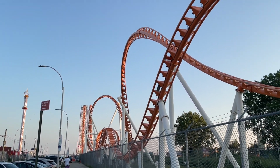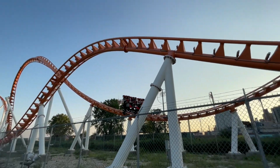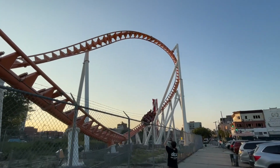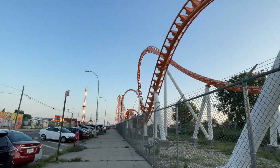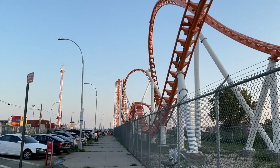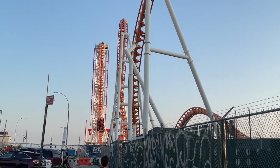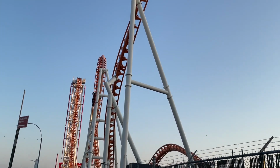They're hard plastic where the actual lap bar pivots depending on the angle of your legs, along with some straps over your shoulders. To be honest, I thought these lap bars were going to be absolutely terrible and have just as much pain as Skyrush, but they were actually fine. The plastic part is an odd choice, but the way the lap bar contours to your legs is a genius idea and it's fairly comfortable. Once you dispatch from the station, you turn to the left and head up a vertical